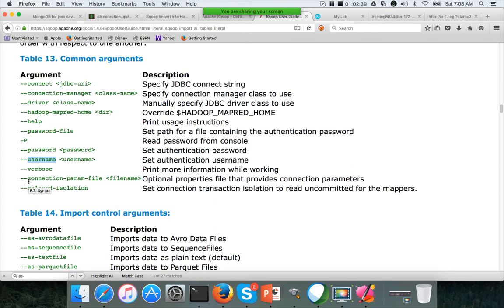For smoother transition between environments, this is the best recommended way: the --connection parameter file. You can use a JDBC URL, username, and also a password file, but you might have to introduce some intelligence to build the JDBC URL between the environments. So either you will have a separate properties file, and your shell script or program has to go through that properties file to get the JDBC URL host name and build the JDBC URL, username, and password, etc. You can do that way as well.